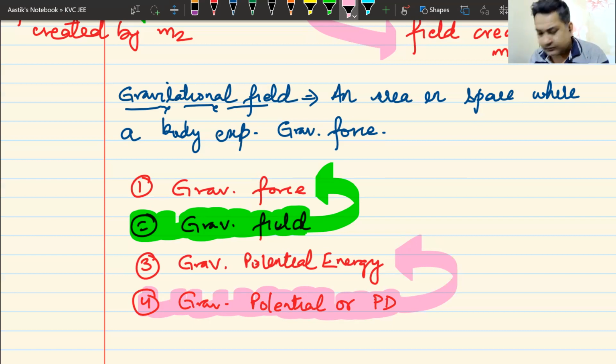Similarly a question. Now, let us revisit this entire thing in a different way. This pen is here. I leave it, it drops. Why does it drop? Because it is in a gravitational field. It is experiencing gravitational force.